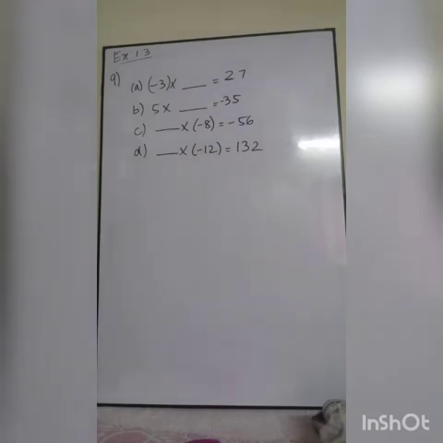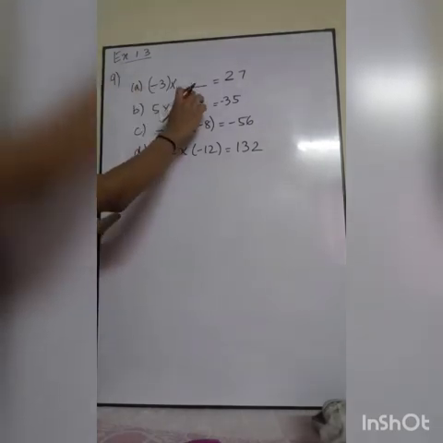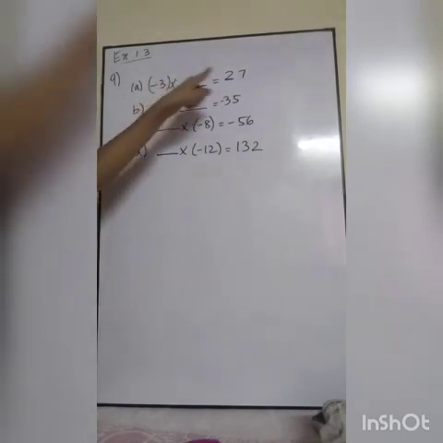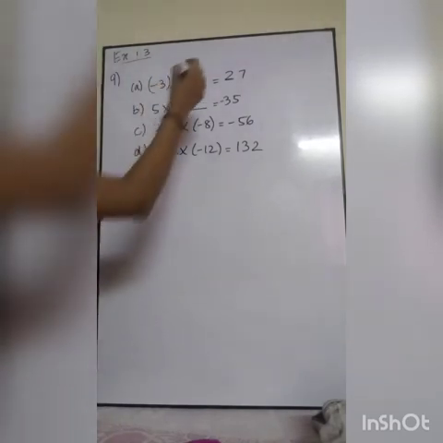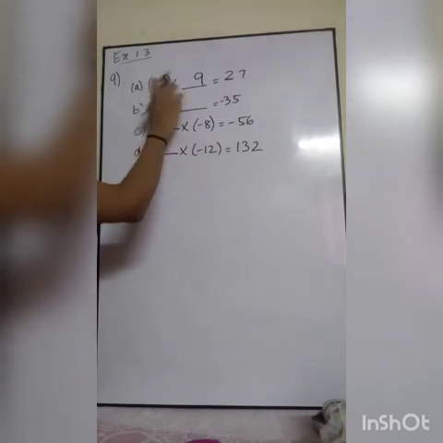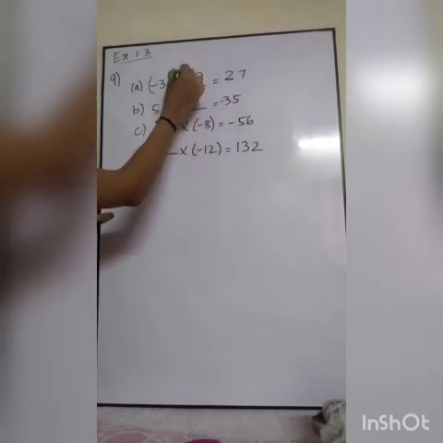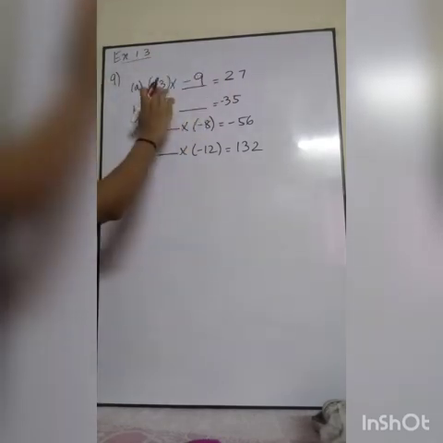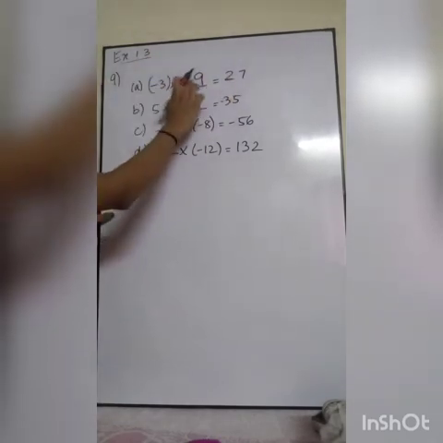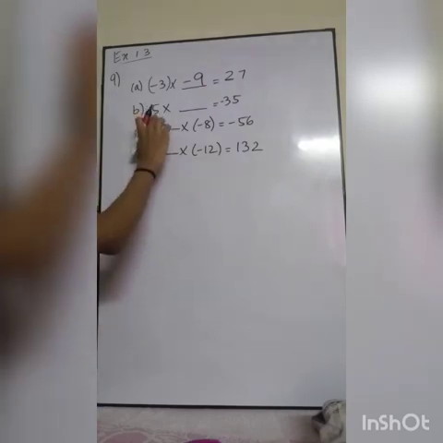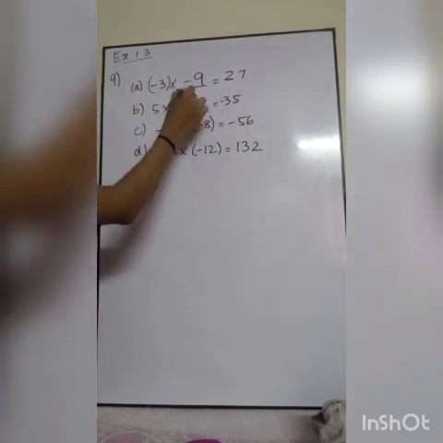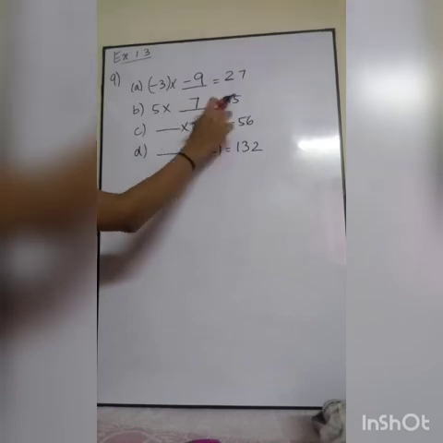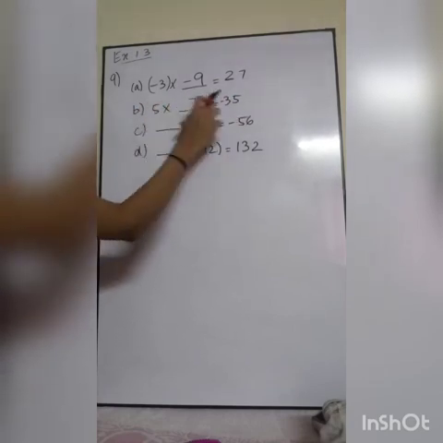Next is your 9th question. You see here we are just going to fill in the blanks. See 3. Here what should you put? You should get 27. 9 3s are 27. That you know, right? So can I put 9 here? But minus into plus gives minus. If you put minus here, minus into minus is plus. So 9 3s are 27, minus into minus plus. Next 5 is 35. What will come here? 7 5s are 35. But plus into plus, plus should come here.